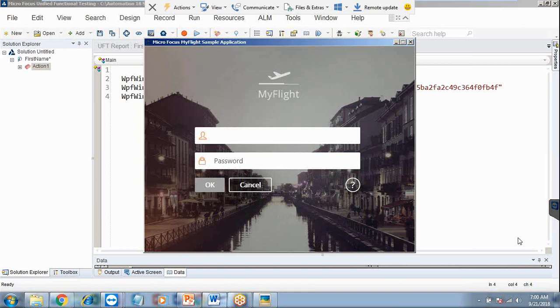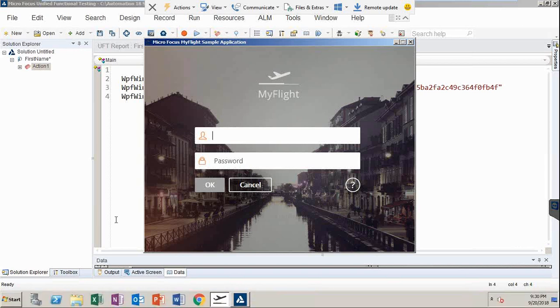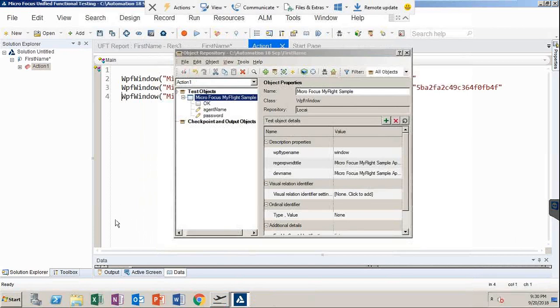So whatever objects you are using, parent is automatically added to your object repository. Right, so one is, if you see here, all these objects are there under this parent. You can see the hierarchy, right? So in object repository you can see the hierarchy of the object, which is the parent, and what all objects are added under that window,